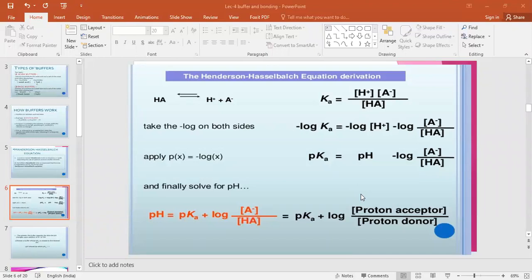Okay, and what is meant by the pKa? pKa means negative log of the dissociation constant. That means negative log of Ka is equal to pKa. Understood? Do you understand what the pKa value is?